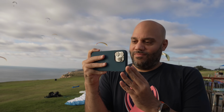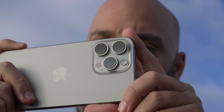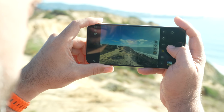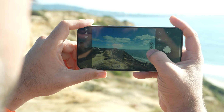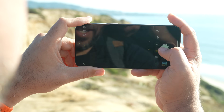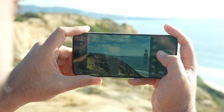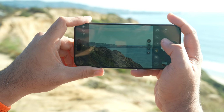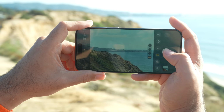But let's talk about the leaps in camera hardware and software that make the iPhone 15 Pro and Pro Max so great for mobile photography. Built into the camera app are 7 built-in focal lengths through computational photography, making the camera super versatile. Now, I've seen some people online saying you're getting several different lenses, but that isn't the case. You still have 3, but you can choose to crop into 1.2x and 1.5x for 28 and 35 millimeter equivalents,